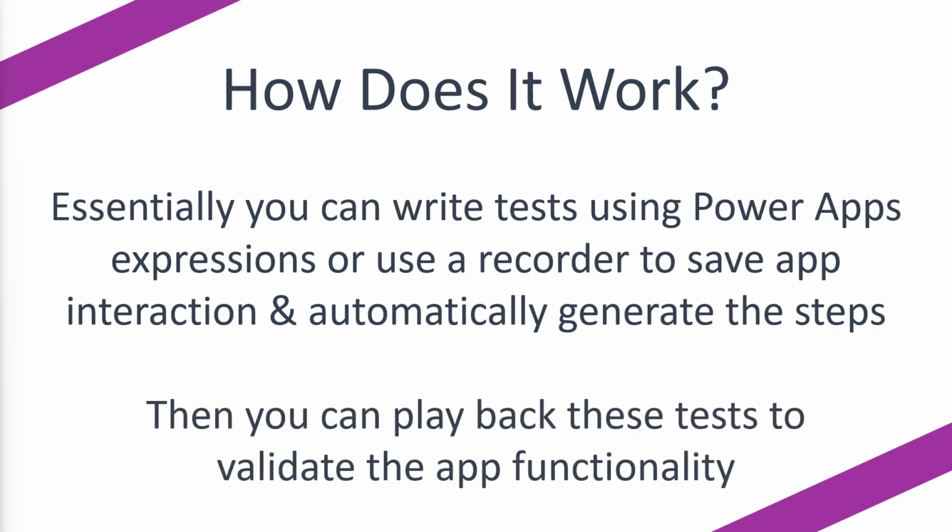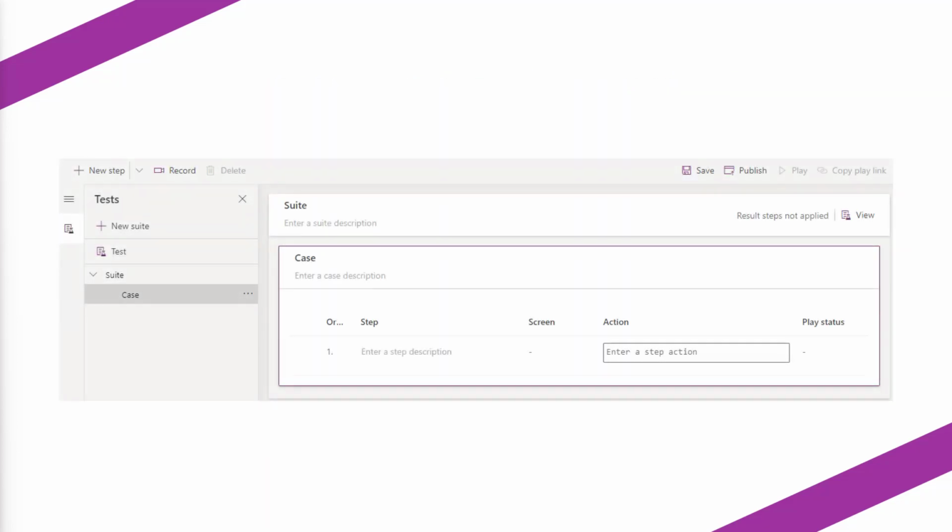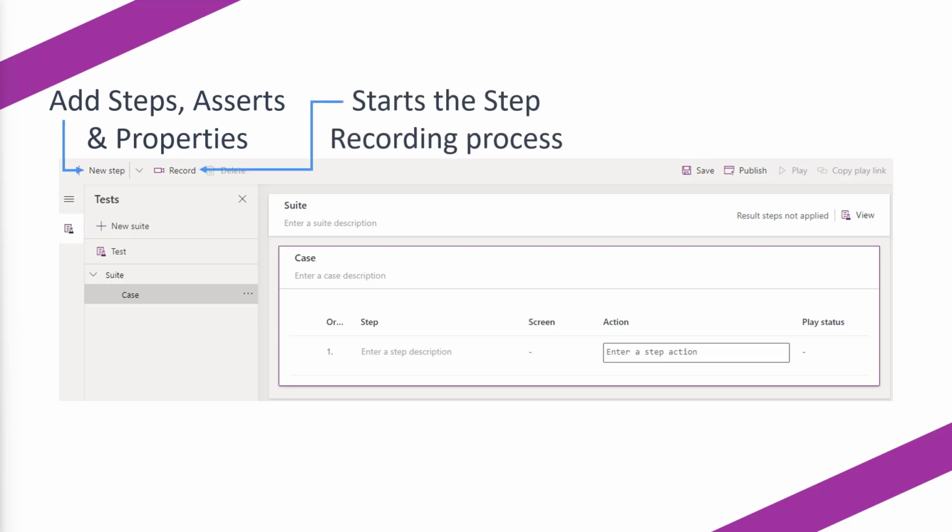So what does this look like? Well, on your screen now you can see what you will be seeing when you first open the Test Studio. And on the top left you can add steps, asserts and properties, but don't worry if you don't understand some of this terminology, we're going to be going over that momentarily. This is where you can record. You've got the record button there,